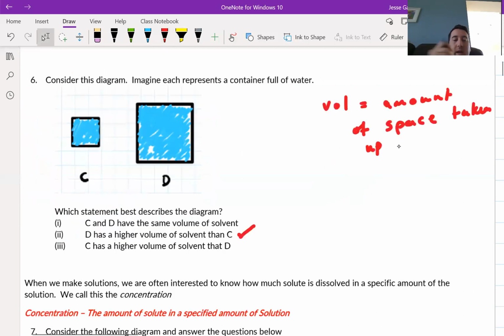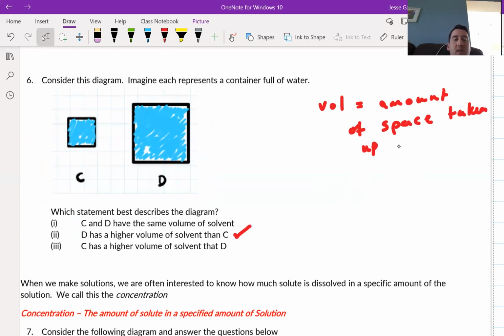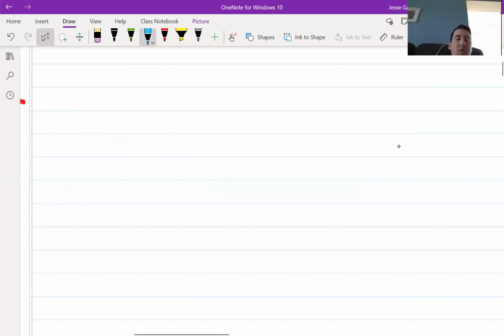So when we make solutions, we are often interested to know how much solute is dissolved in a specific amount of the solution. And we call this the concentration. So when we compare solutions, it's usually a good idea to compare them based on a similar or equal volume. So let's say